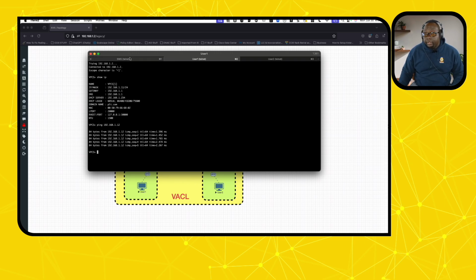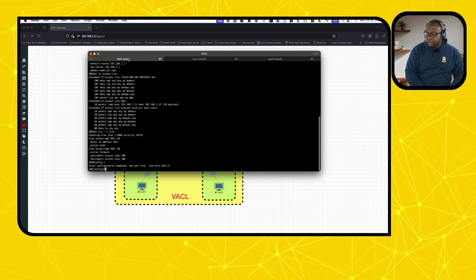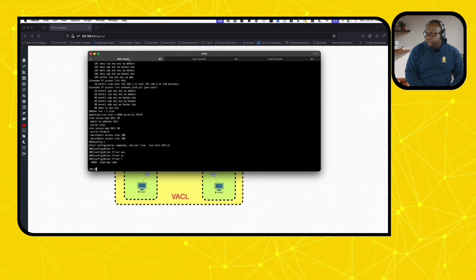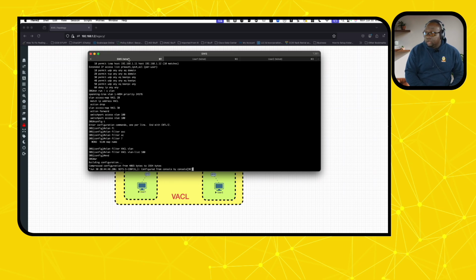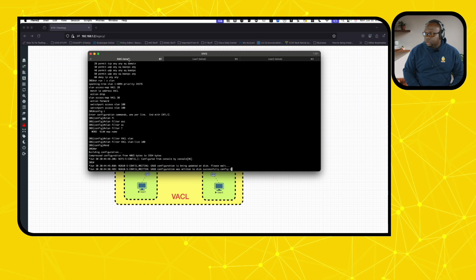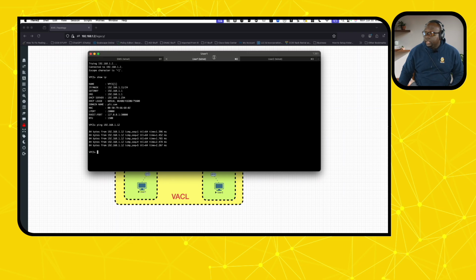Now to apply your VACL to that layer 2 domain, we need to use the VLAN filter command. We're going to go in here, VLAN filter. Why did I do that? VLAN filter, I think it's VACL, VLAN list, and we're going to just do 100. Now that that's applied, what that's going to do is use my VLAN access map and apply it to VLAN 100. Now when we go to ping,